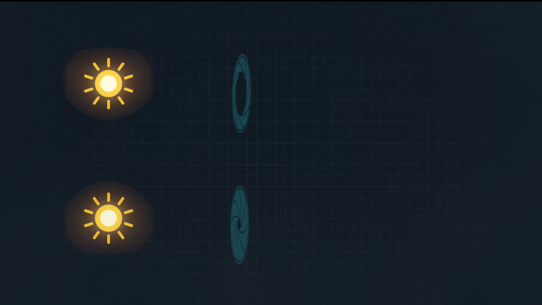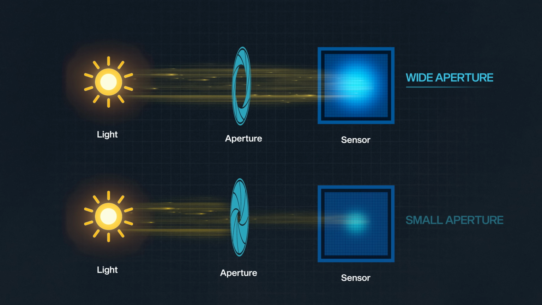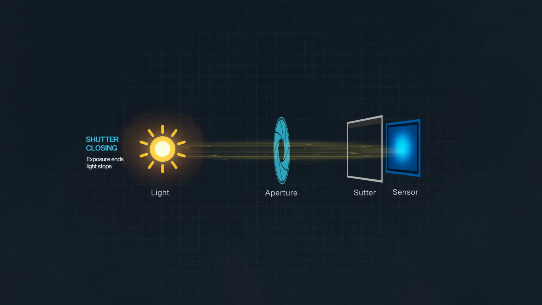And there are only two settings within the exposure triangle that affect how much physical light, photons, hit your camera sensor. We've got aperture, which is the opening at the front of your lens. This determines how much of the flow of photons in the direction that you're shooting can enter the lens and then hit your camera sensor. And then we have shutter speed, which gives us a variable of how long we allow the sensor to be exposed to all of those photons that are streaming in through the front of the lens. And that is it. They're the only two settings that actually change the exposure of your image,